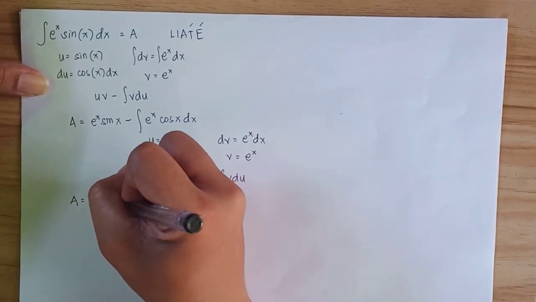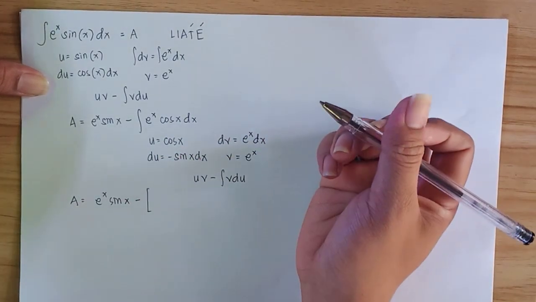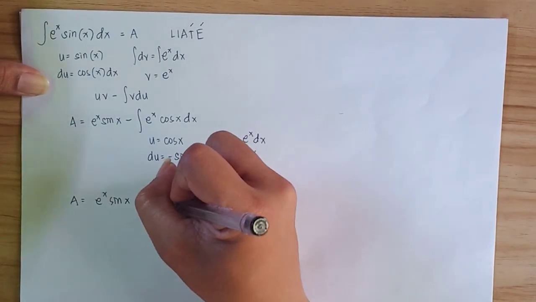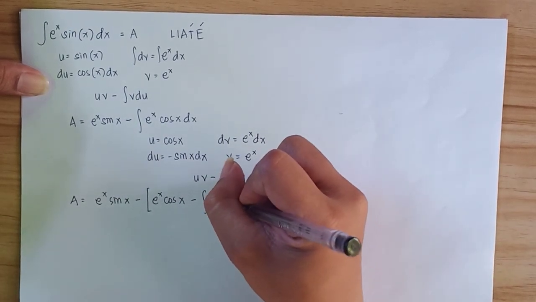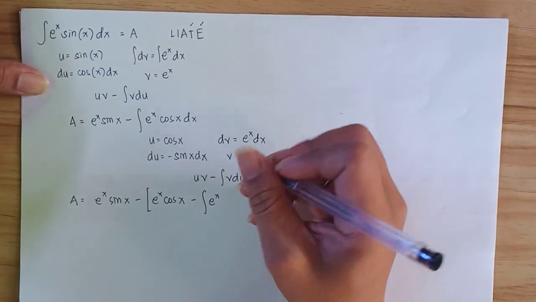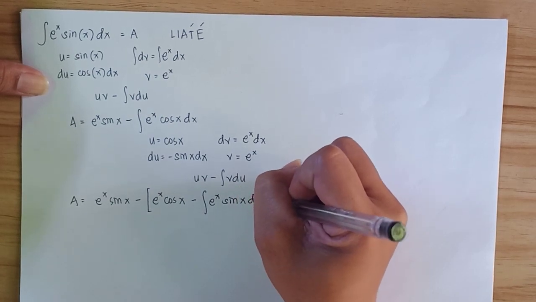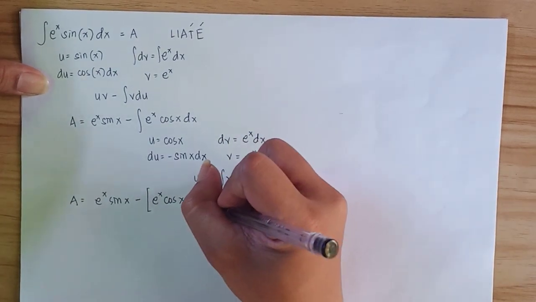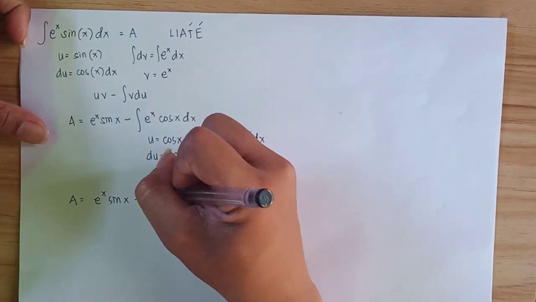Then following your formula again, which is uv minus integral of v du, the value of your a now is e raised to x sine of x minus, your u is cosine of x, then your v is e raised to x, minus the integral of v, which is e raised to x, then du is negative sine of x dx, which is sine of x dx. Then the negative part you can take out, then negative multiplied by negative is positive, so you will have this equation. Now distributing the sign,